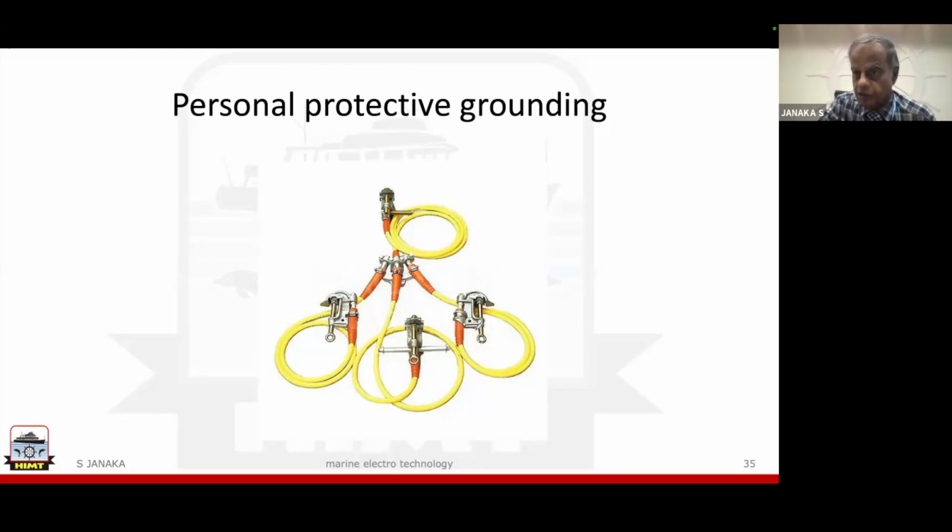This will remain like this till the job is over. Even though the static electricity is not there now, for better safety this grounding is done and a note is made of it. Once the job is over, first we have to remove this grounding, then say the job is over, and take the permit for testing the equipment. So this grounding has to be there. If it is not supplied, then you have to make a tentative arrangement with cables and wires. We have to keep the grounding on until the work is over.